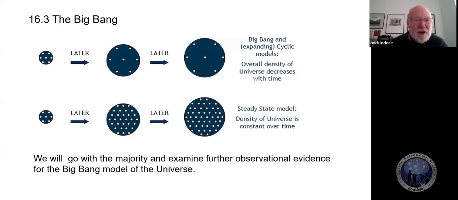Right, so we've got this little graphic here showing the Big Bang and the cyclic model and the steady state model. So the steady state is expanding at the moment, and more matter is being produced somehow. As I say, I don't know the mechanism of that. I don't think anybody does. And it's just to keep the overall density the same. So that's why there are more dots. That's supposed to be lumps of matter.